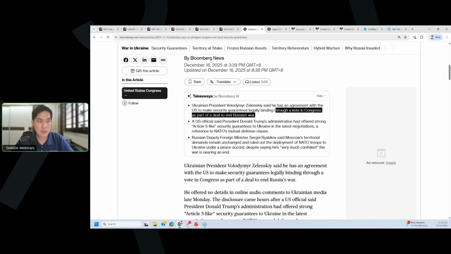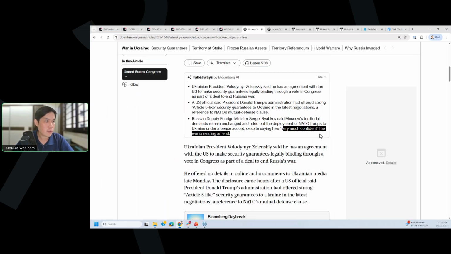And in reaction to that, Russia's Deputy Foreign Minister said that he's very much confident that the war is nearing an end. So that sends oil prices tumbling down, hitting the 55 psychological level. So that is close to a 4-year low. All right, due to the fact that if this war ends, there will be a removal of sanctions on official Russian oil supply that is able to flood to the rest of the world. And given the fact that the rest of the world is still showing a glut in the oil market, that potentially saw a downside spiral in oil price.